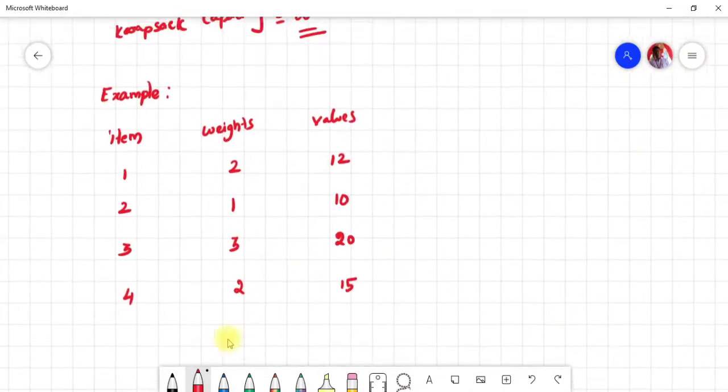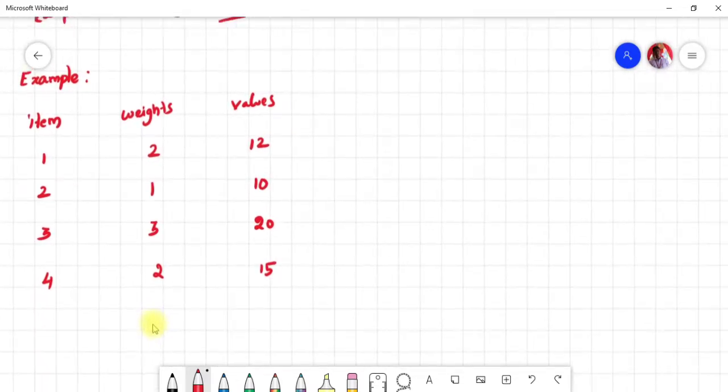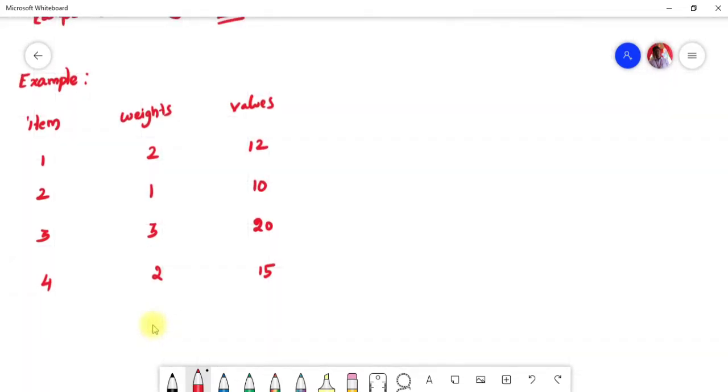First let me write over here, that's better. I'm going to create a table, with the details of capacity and value. Here on the x-axis we are going to use the capacity, and here we are going to use the values as well.